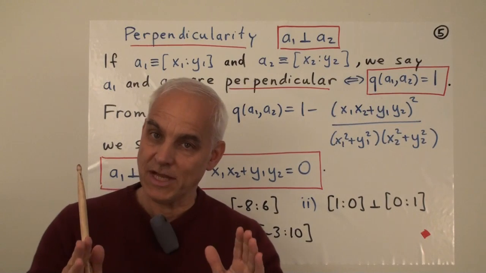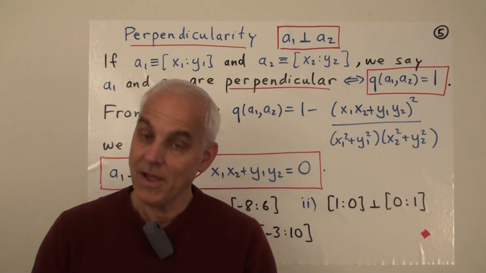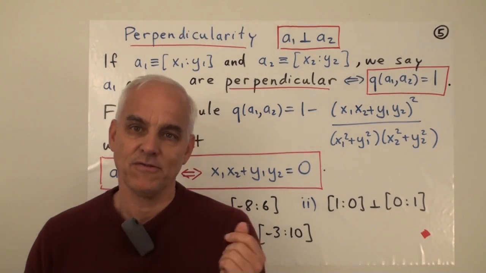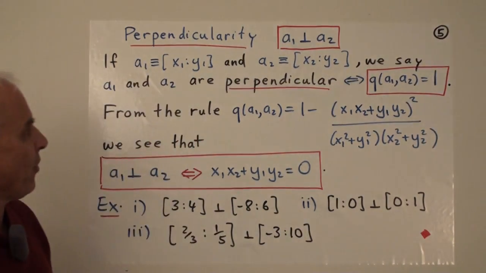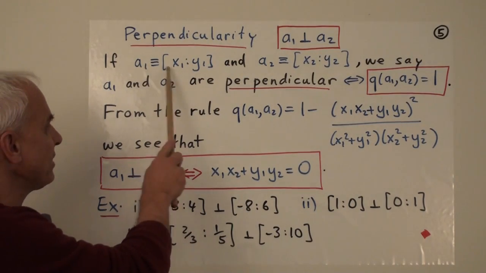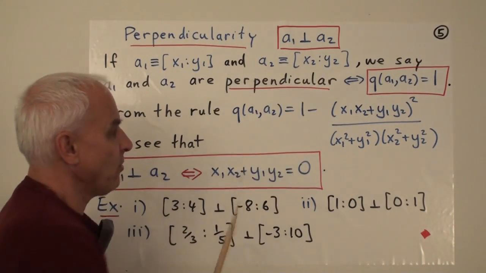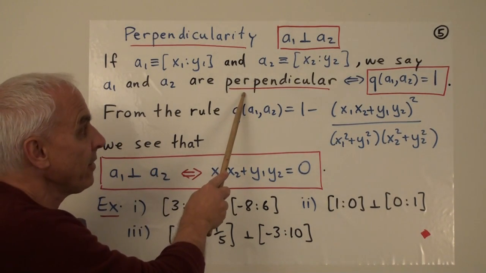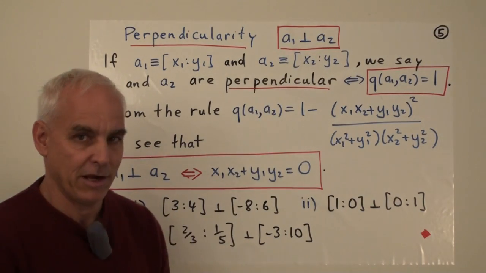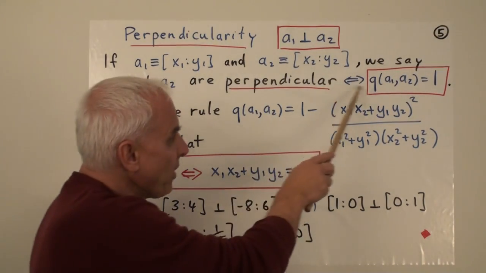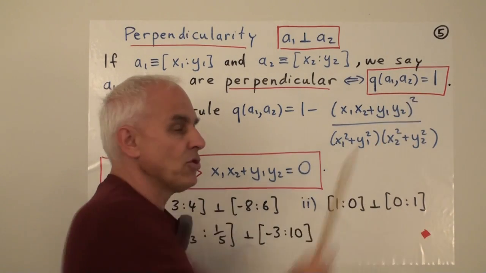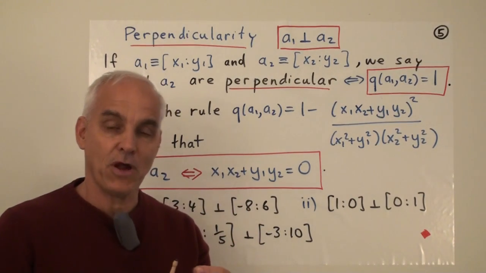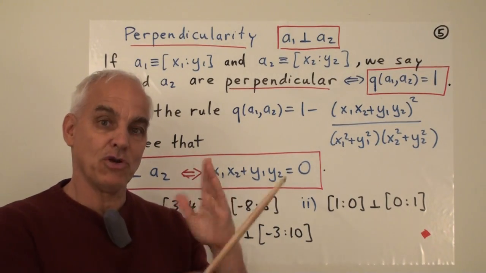This projective quadrance that we've introduced into this projective setting allows us to define a notion of perpendicularity between projective one points. How does that go? Well, if A1 is x1 to y1 and A2 is x2 to y2, we have two projective one points. We say that these two points are perpendicular, and we write that perpendicularity like this, precisely when the quadrance between them is equal to 1. Quadrance equals 1 is our notion of perpendicularity of our two projective one points.